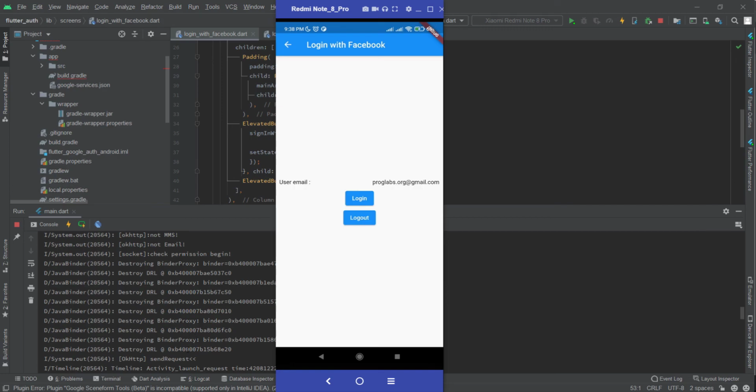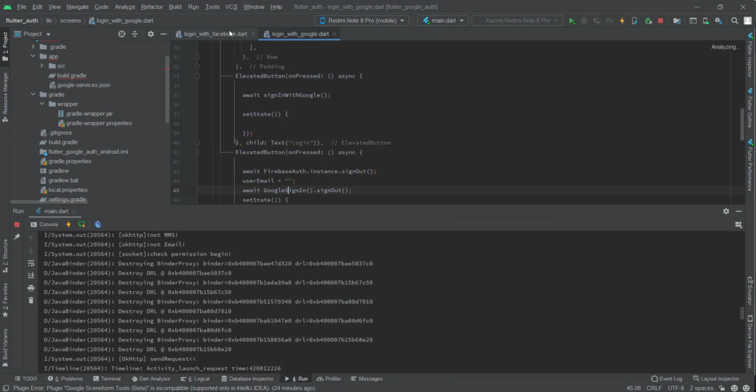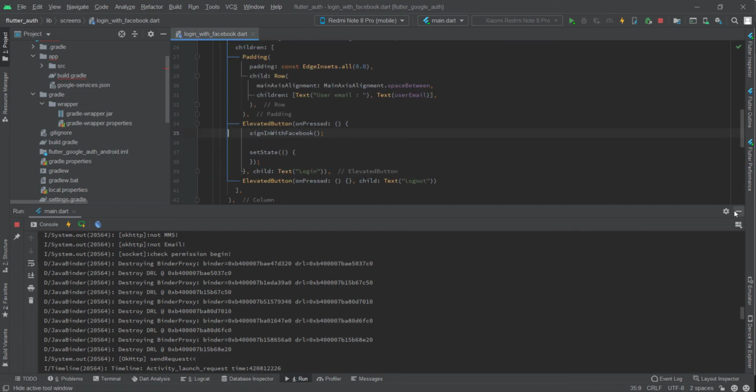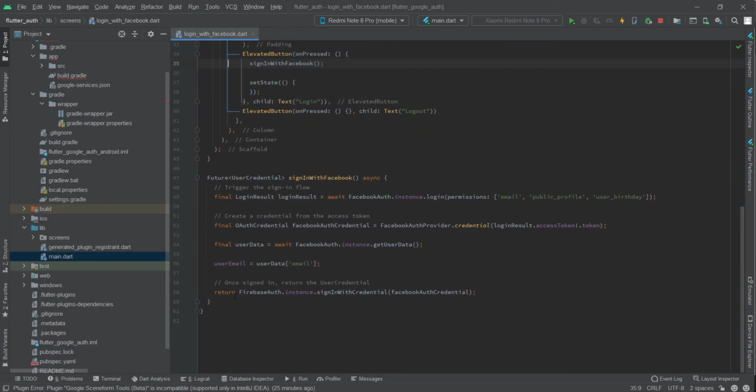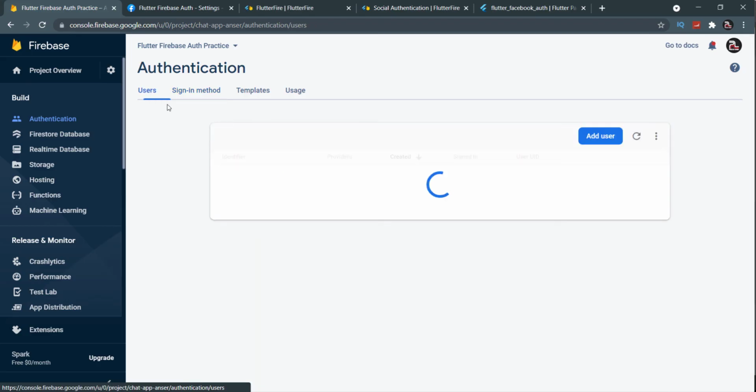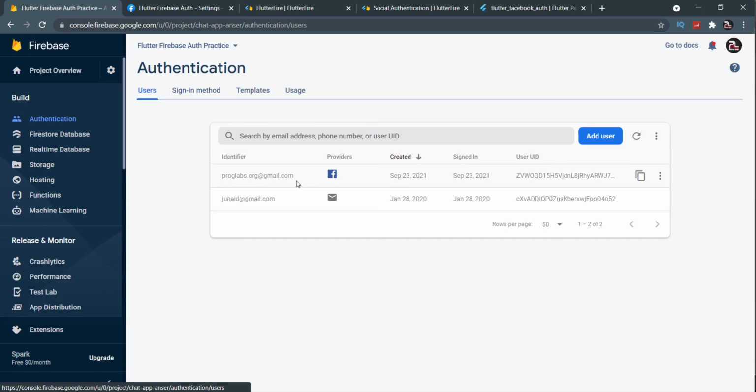And also I have stored this in my Firebase as well, from this line it's being stored on Firebase: auth.instance.signInWithCredential, and now we are passing the Facebook auth credentials. So you need to open this and Users and see your users have been signed in, and you can see the unique ID as well. So that's for this tutorial,